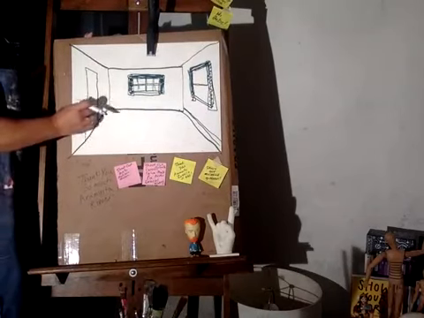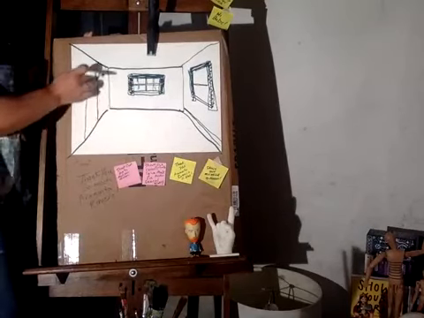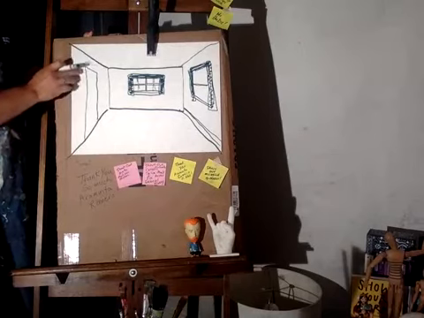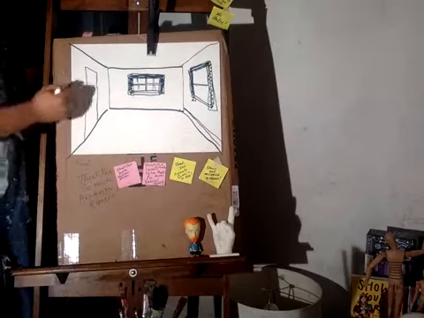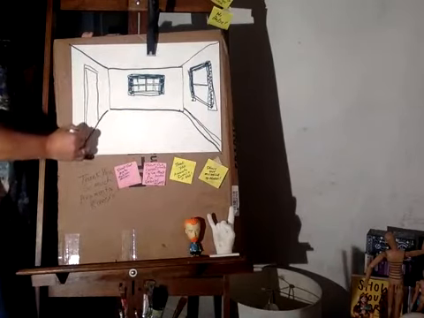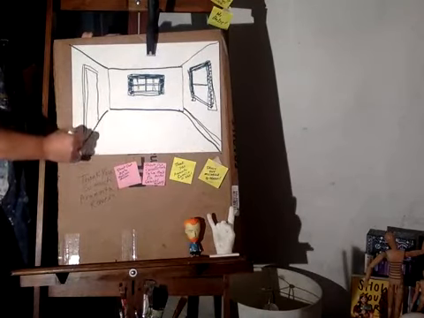Now we have two vertical lines that come up. The one that's closest towards the back wall is a little bit shorter. The one that's farther away, closer to the side, is a little bit longer, and we have a diagonal line going towards the center. This concept is called one-point perspective, and if you're in my 4th grade class, we've done some lessons like this. We did a room